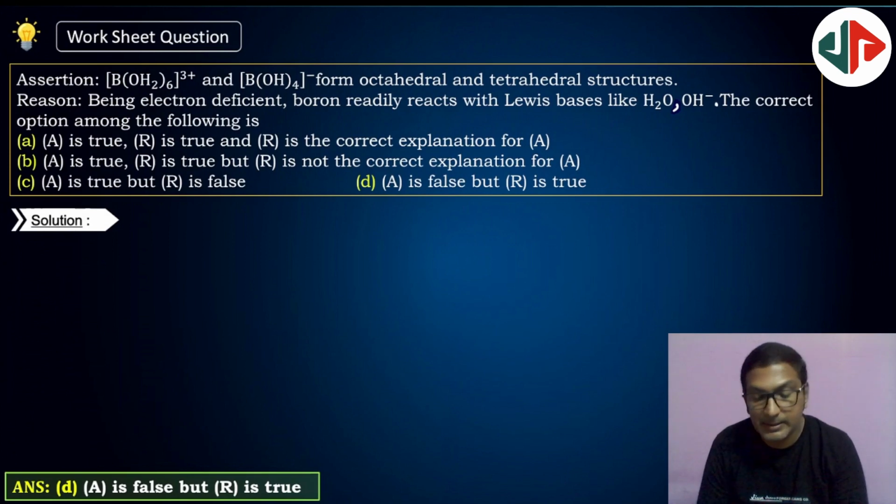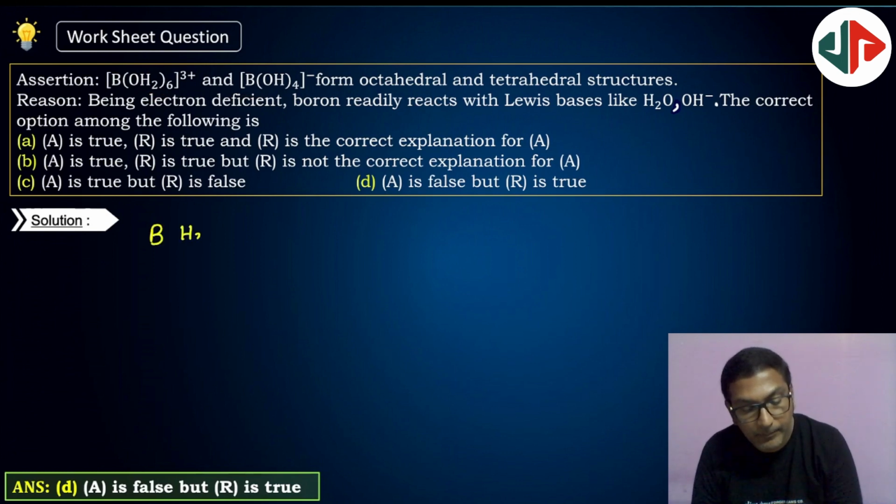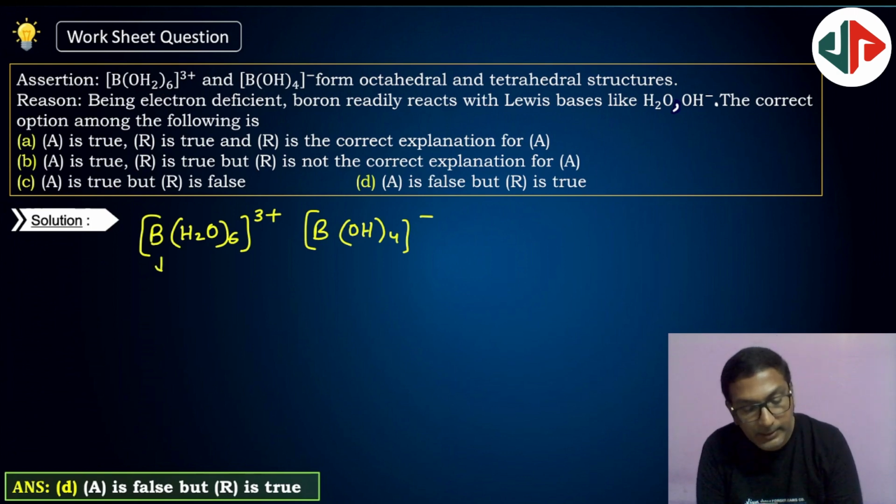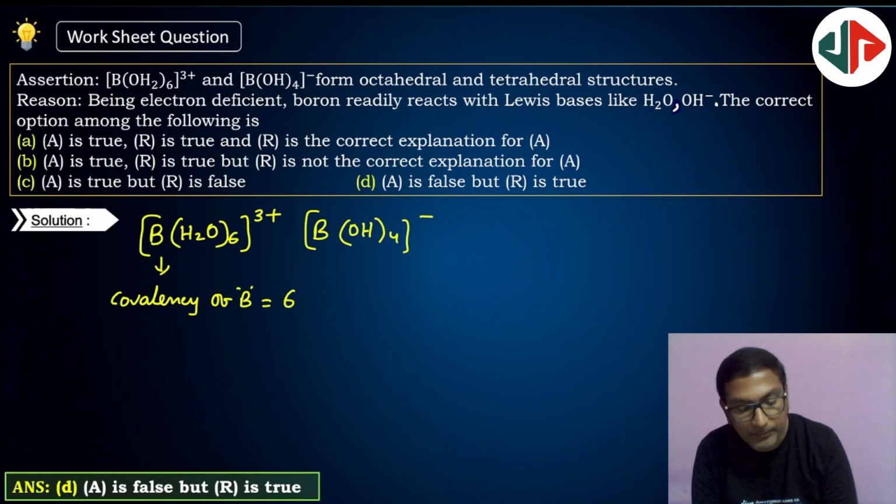[B(H2O)6]3+ and [B(OH)4]-. Two complexes are given. In the first complex, [B(H2O)6]3+, and the second complex, [B(OH)4]-, is given. So clearly in this complex the covalency of boron is 6, and in this complex the covalency